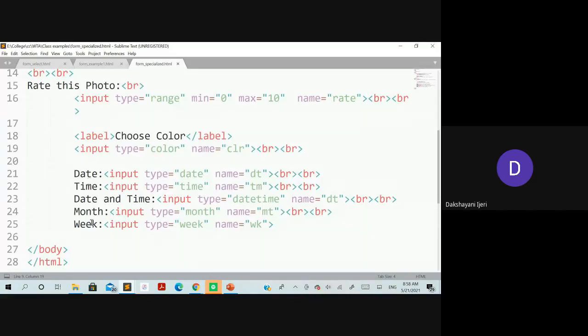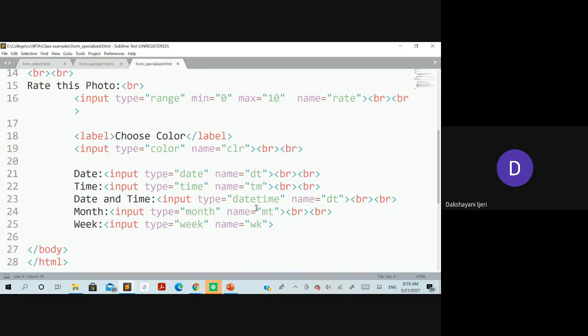Right. So following that, all the date and time inputs have been specified here. Input type is equal to date in order to read the date along with the name attribute, and input type is equal to time in order to read only the time from the user with the name attribute. And if you want to read both date and time together, the input type is equal to datetime as a value to the type attribute here, along with the name attribute.